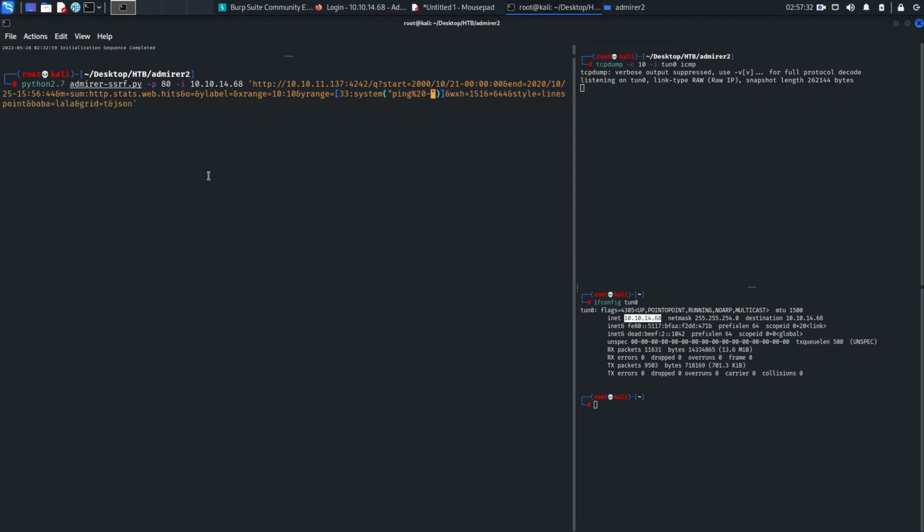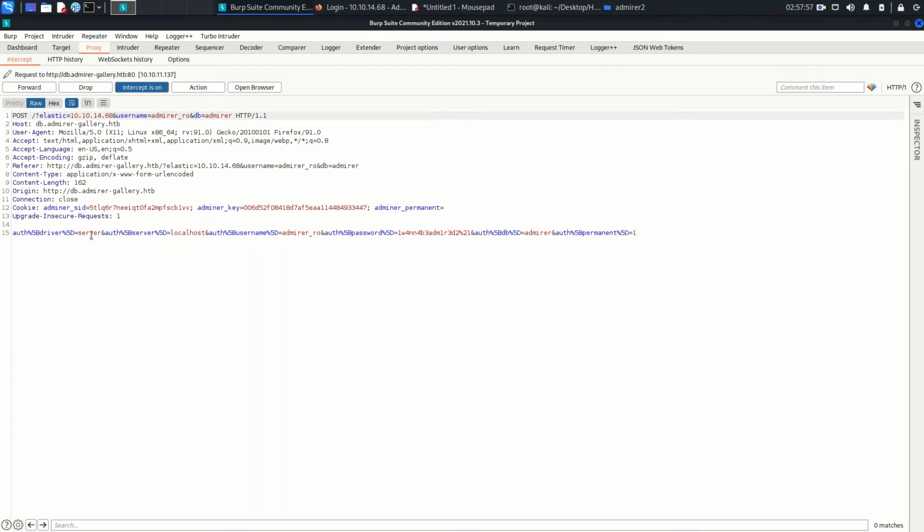%20 space -c, and again instead of space, let's say 5 times, again instead of space, we need to ping the IP 10.10.14.68. So ping space -c space 5 times space, this is the IP. Hit enter, come here, enable the Burp proxy, which is already enabled, just hit enter, and